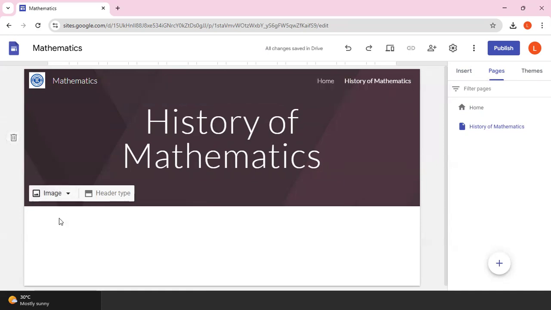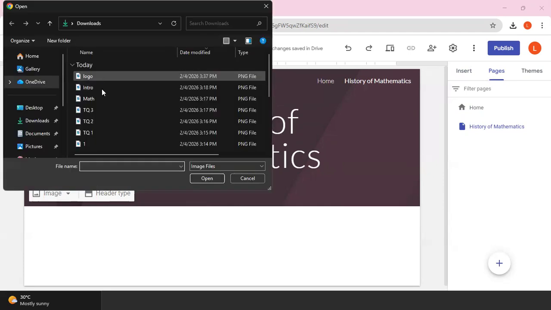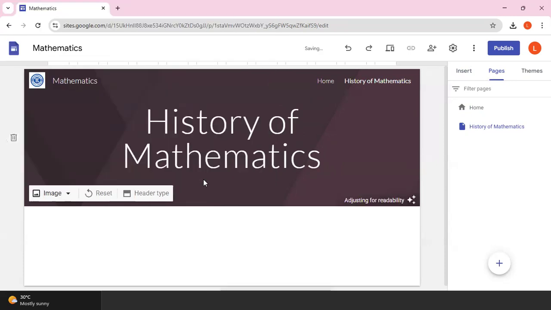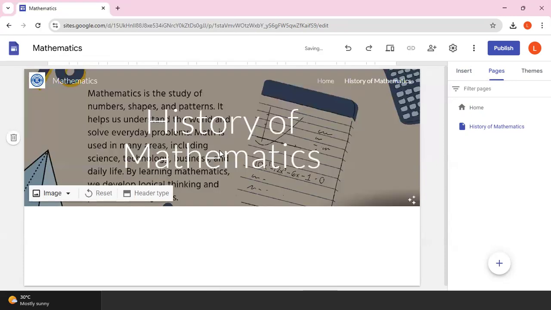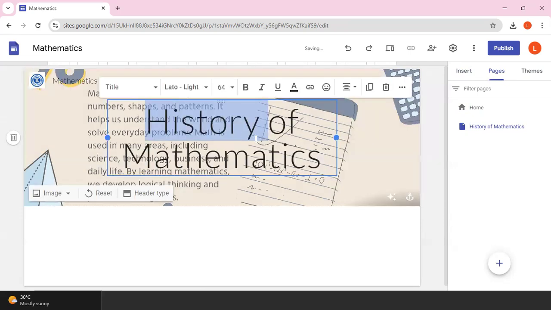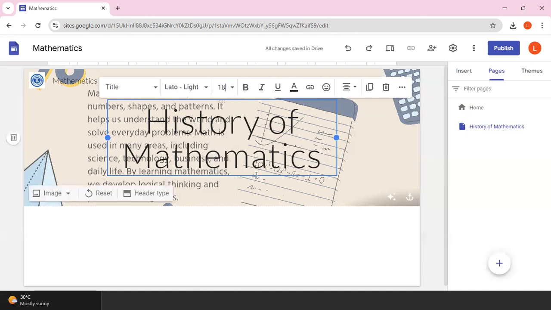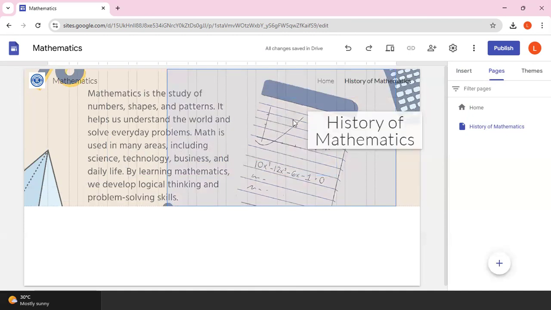Let's try. Let's try this intro. There you go. See? You can also make this text small, giving way to the photo that we uploaded on this side.